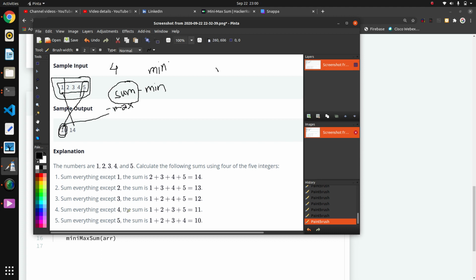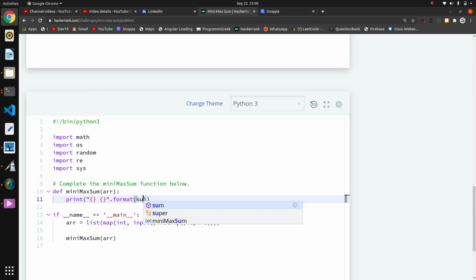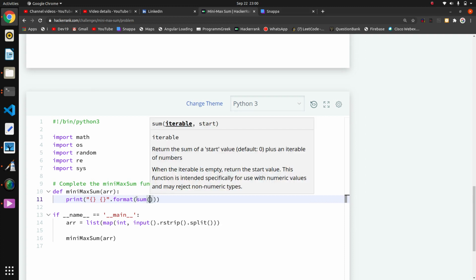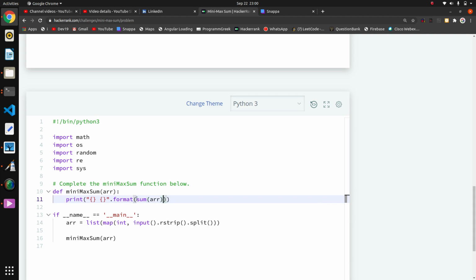For finding the sum I will directly write the sum function, because there is an inbuilt function in Python: if we pass our list to sum, it will return the sum of all elements from that list. From that I have to subtract the maximum number of that list, which I will find using the max function.